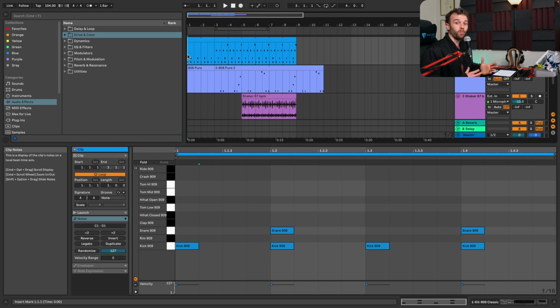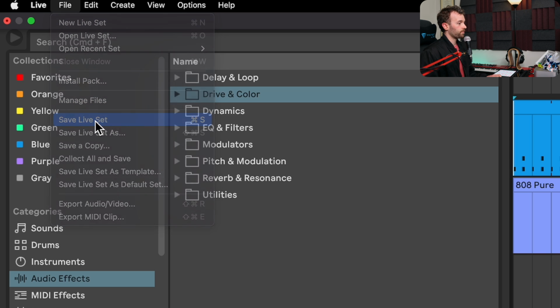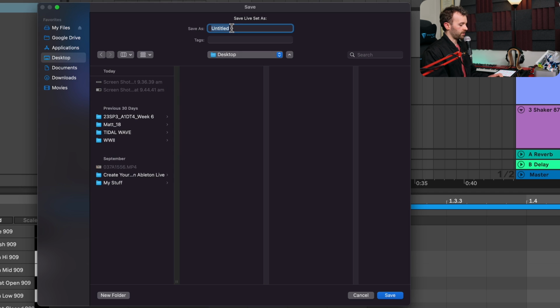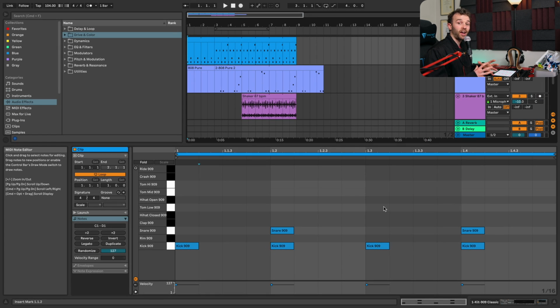So now that we've created our little musical masterpiece, it's a good idea to save our session. We can save our session by going up to the top, clicking on File, and clicking Save Live Set. Here, I can just save this session somewhere like my desktop, save it as my cool tune, click Save, and that's going to save your live session as a project folder,